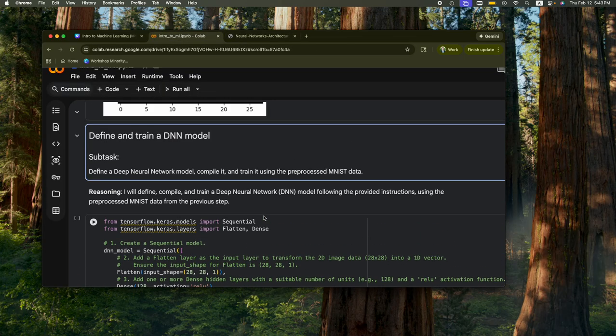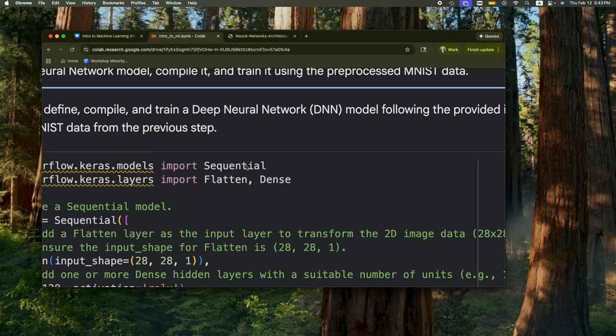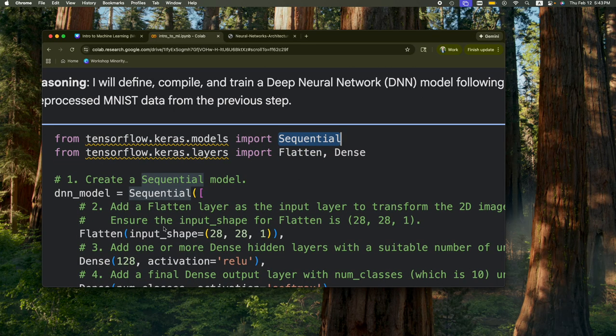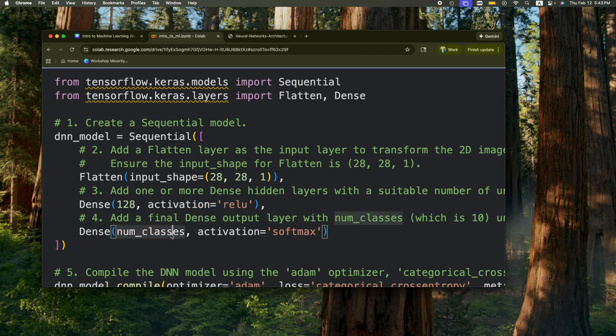So now we're going to define a DNN, which is pretty much what we saw earlier. There's a bunch of different types of models, but the primary one we use is sequential. This means that data follows layer by layer. It sounds boring to us, but it's cool. Your data will get passed through this, then through this, and finally through this. Your data just follows a specific pattern.